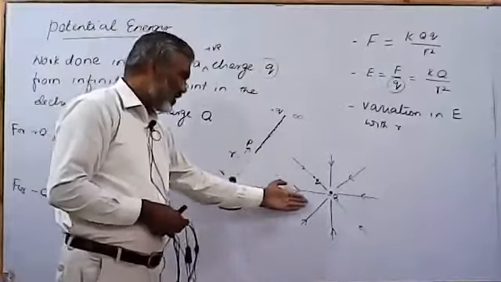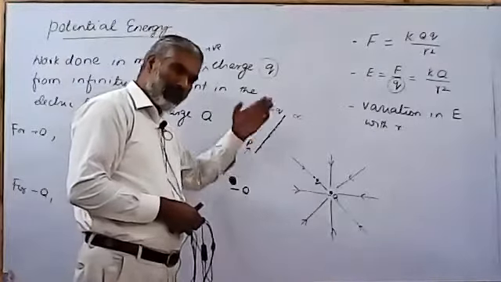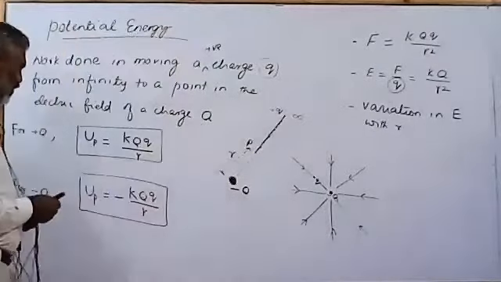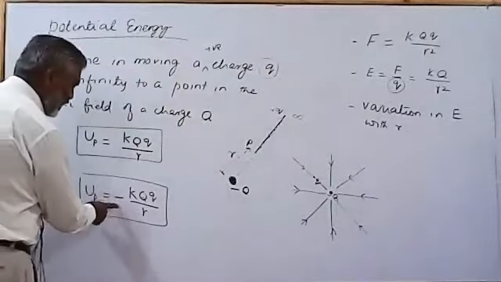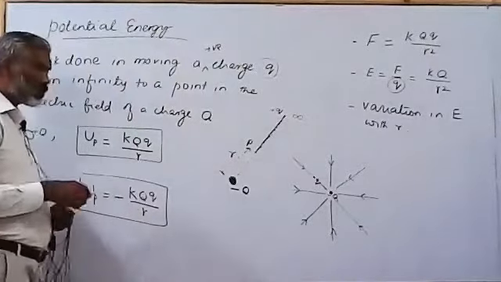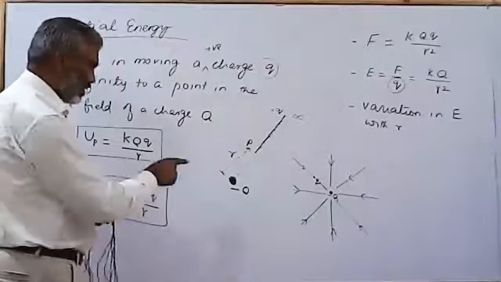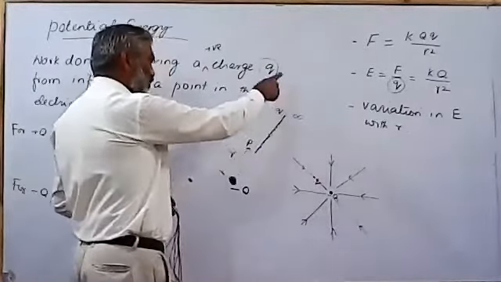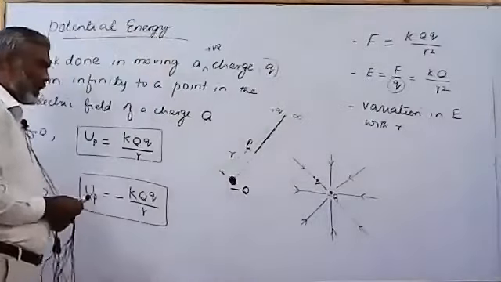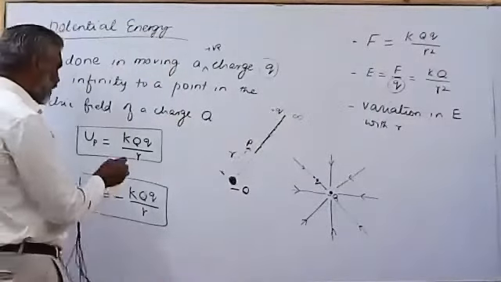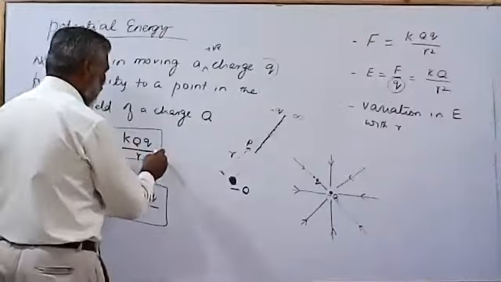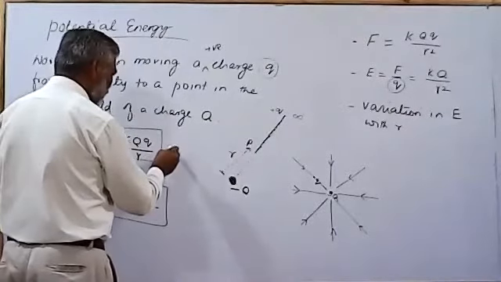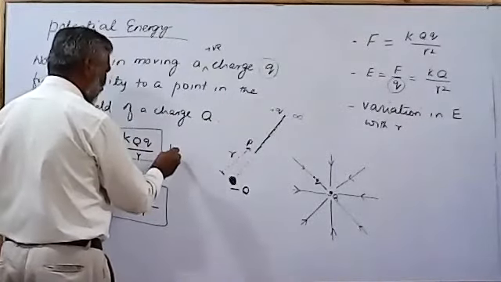So this is similar to the situation that we had in gravity, in which potential energy decreases when the object moves towards the charge Q. This charge, if it is allowed to move, moves toward that charge and its potential energy decreases. So in this case, potential energy increases